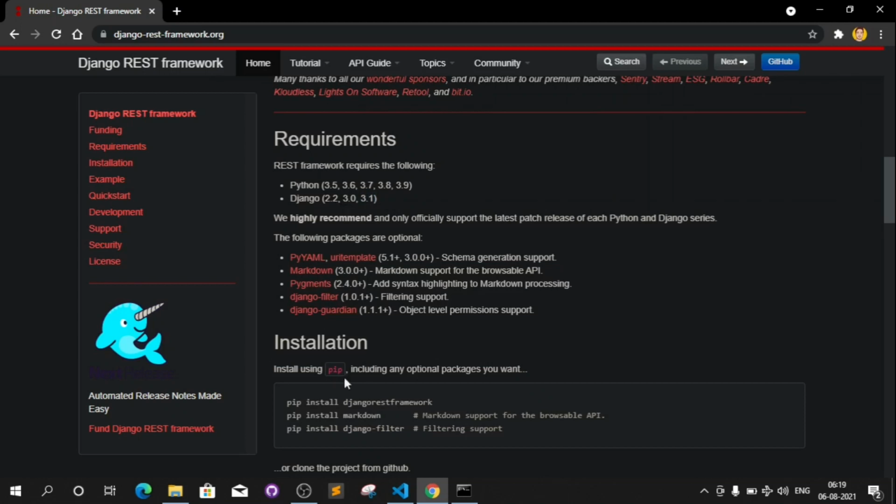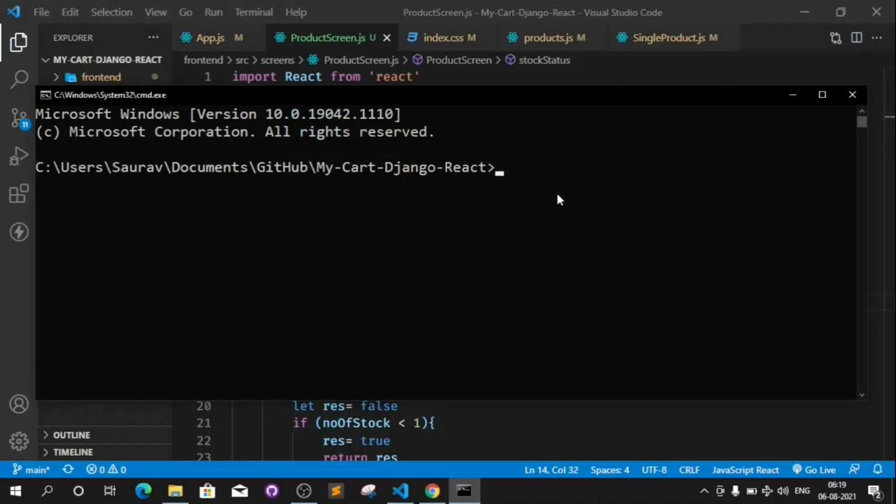So let's come here, and here first we will be making a virtual environment. To make a virtual environment, we have to type python -m venv, and after venv we can type the name of our virtual environment.